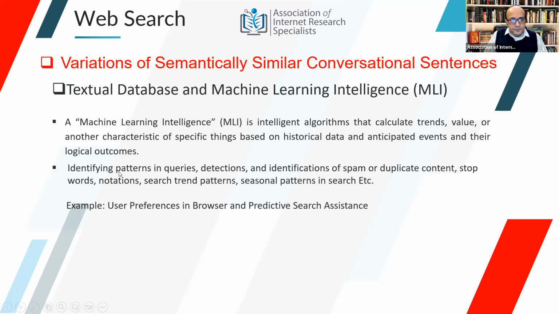Then you've got it. Also, machine learning looks at patterns in queries, detection and identification of spam or duplicate content, and so on. So when people are doing SEO or trying to stuff keywords into captions and paragraphs, the search has the ability to understand the meaning under those headings. For instance, a paragraph needs to have some relationship with the headings or captions, so that it is not primarily used to stuff keywords, but has a sense to it, or a sequence of information that corresponds to what the caption is. So it understands all of that, and therefore it is able to detect a lot of things